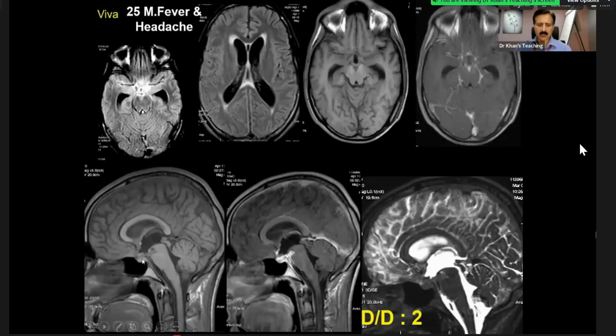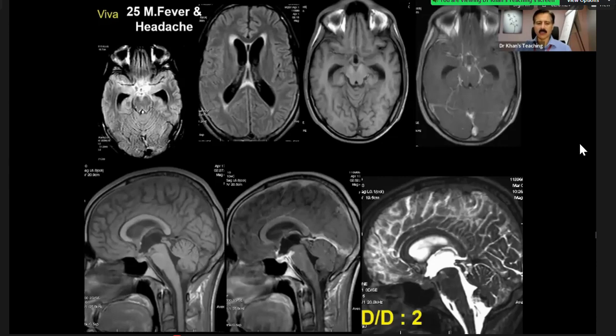So if you see here, this is the pituitary gland, this is the hypothalamus, this is the suprasellar cistern, and something is there. This something should not be there. So in TB, what happens is TB is basically a basal meningitis. So the basal cisterns have got debris and granulomatous tissue there, which will enhance. And this also tells you that there is what we call extraventricular